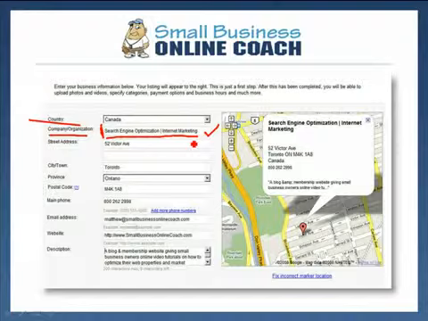If you're a massage therapist, then you want to put massage therapy. If you're a plumber, well, you want to put plumbing, not something else along those lines. You get the point. Same thing down here in your description. Make sure a couple of your keywords or other secondary keywords are in your description.